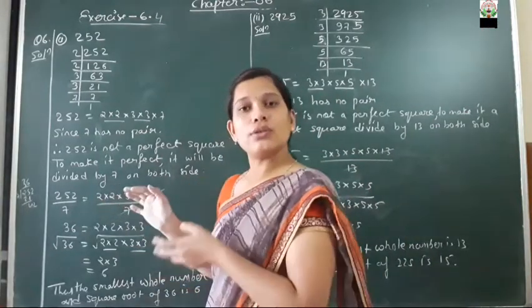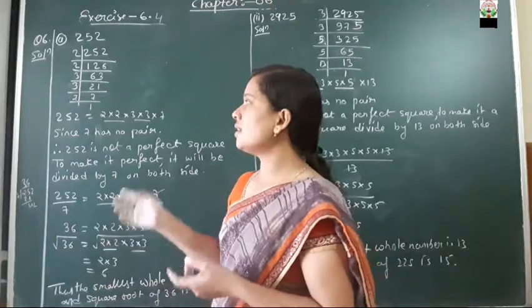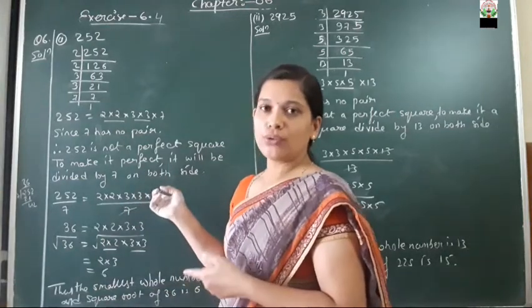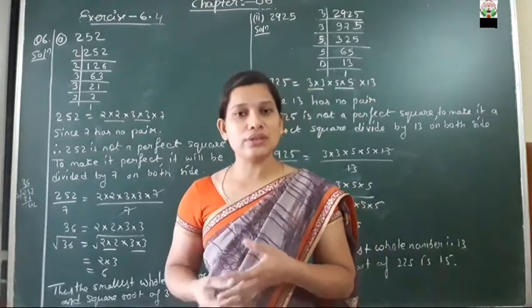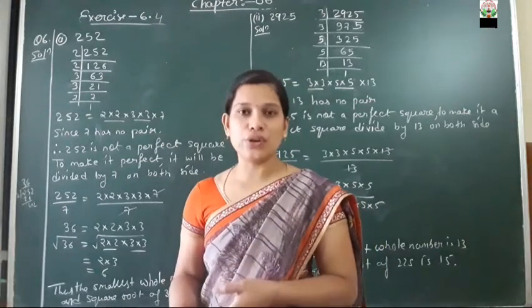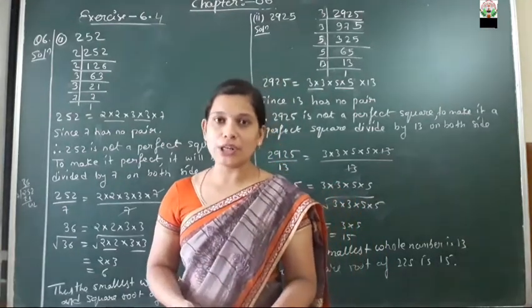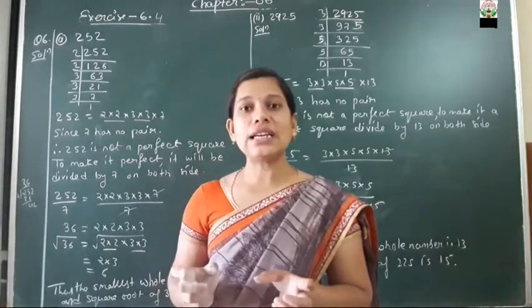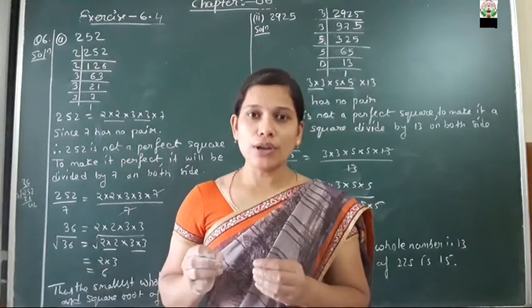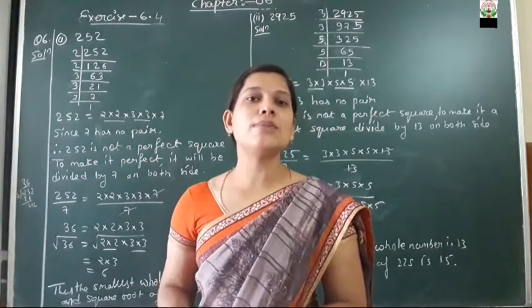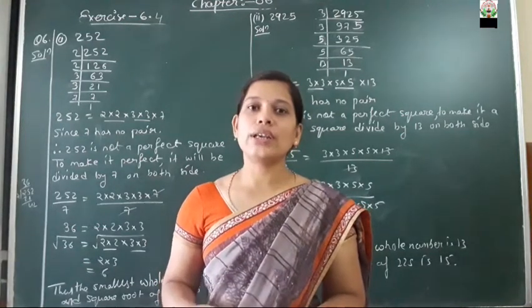We are going to follow the same method, but the thing is that instead of multiplying we are going to divide over here. Now you will ask me, teacher, how are we going to decide in which question you are going to divide and in which question you are going to multiply? So dear student, it is very clearly said in the question that you have to find the smallest whole number by which the number must be divided to get a perfect square.